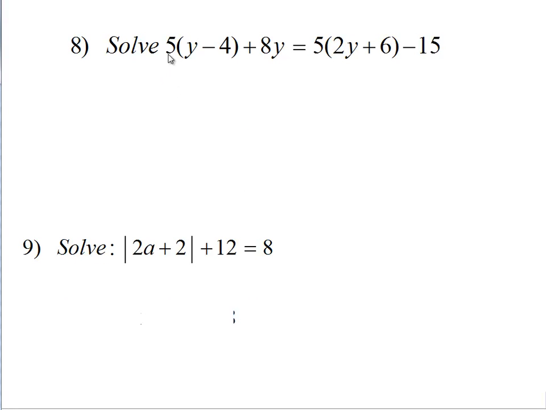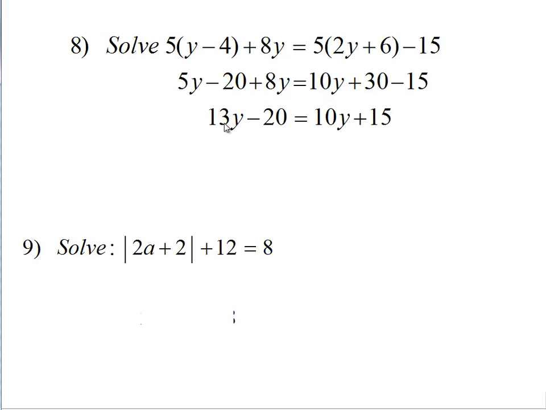Okay, 8, another solve. 5y minus 20 plus 8y. And then 10y plus 30 minus 15. We're going to combine like terms. 5y and 8y is 13y minus 20. 10y just stays. 30 minus 15 is 15. Need to move our y's together. I have 10y over here. I'm going to subtract. Move this 10y with subtract 10y makes 3y. I'm going to add 20 to move it over to this side. 20 plus 15